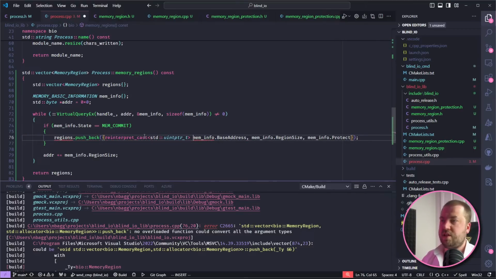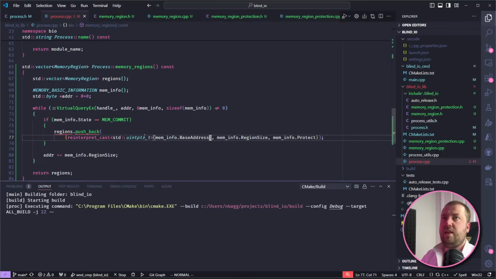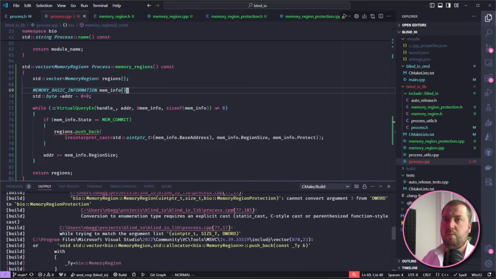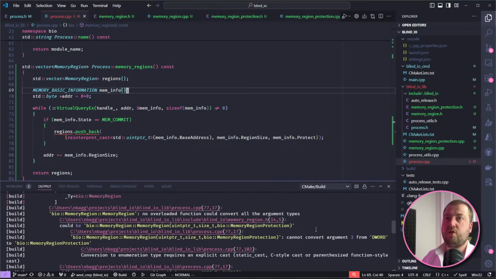We could have represented it as a void pointer internally, but I chose not to. And then I bet it's the protection, because that's going to be a Windows type. Cannot convert argument 3 from DWORD to memory region protection.